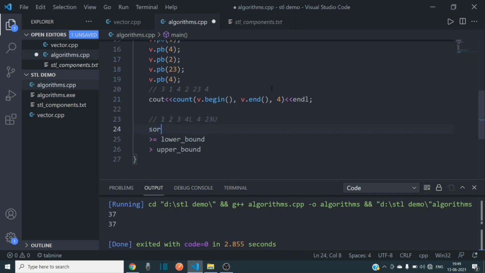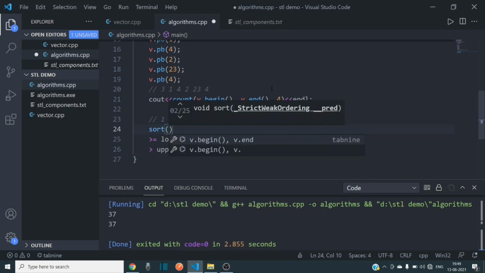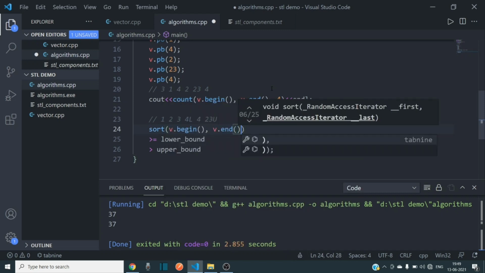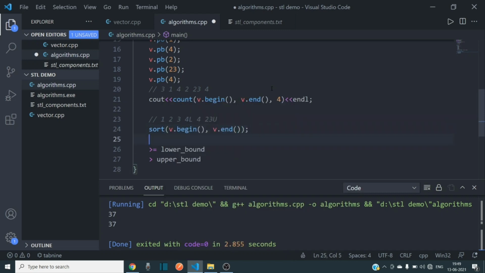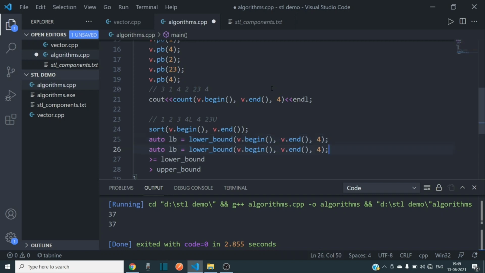So what we can do is sort, and after that find the lower bound of v.begin, v.end, and 4. Similarly, I can find the upper bound also.